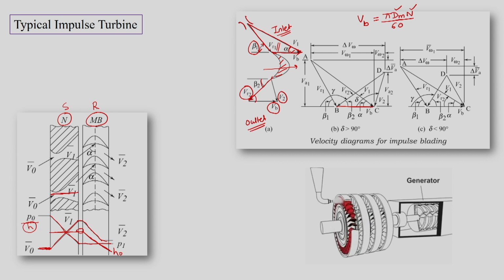Now we know the inlet velocity triangle. So for the inlet velocity triangle, we have this as V1, this as VR1. So this is alpha, this is beta 1. Then we have parallelly drawn the outlet velocity triangle over here, where we have this as V2 and this as VR2, where absolute velocity is making angle delta, and then we have beta 2, the angle made by the relative velocity with Vb. Here we have two things which can happen.